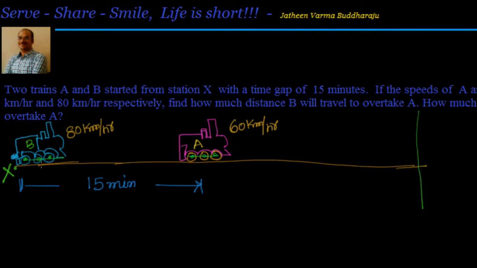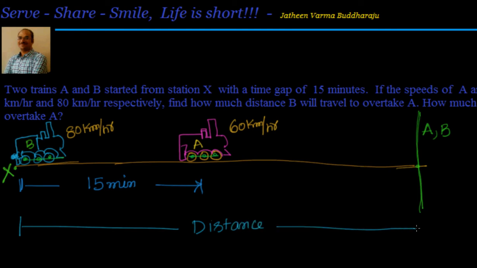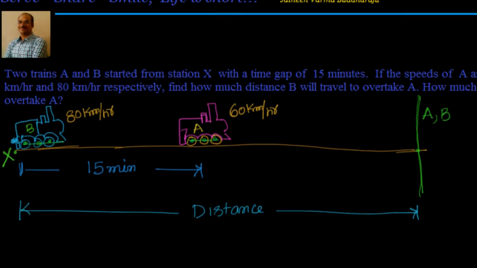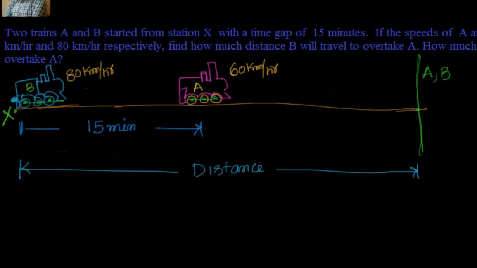Okay. Now let us think that there are two parallel tracks. It's not like one will go and collide with the other. Don't think in that direction. Let's not think about violence. So after some time what happens? A and B both will be at the same point. That means can I say that after some time they will travel the same distance? Because at the point where they are meeting, the distance they will have traveled from station X will be the same. So we have speeds, we have time.